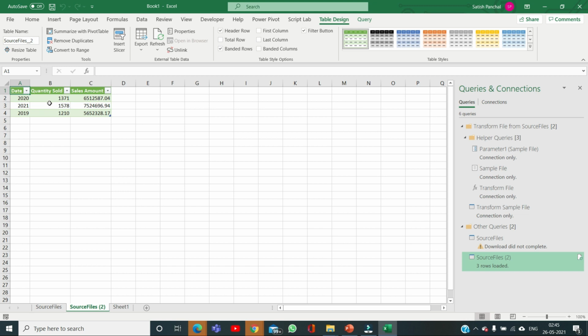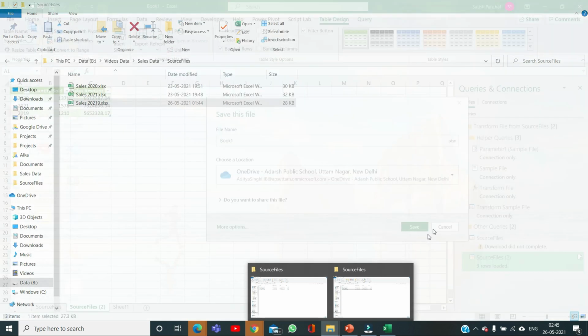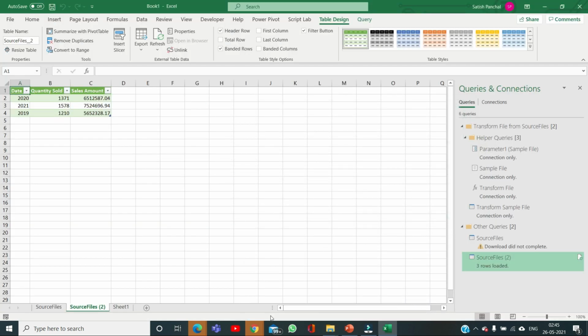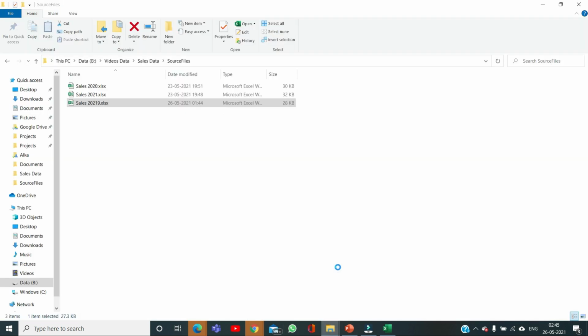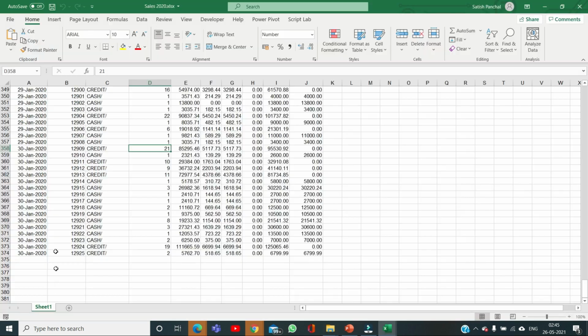I will show you. Just like we did earlier, I will change my source data. I am changing one file name, and the sheet name is changed to, let's say, Data2000.